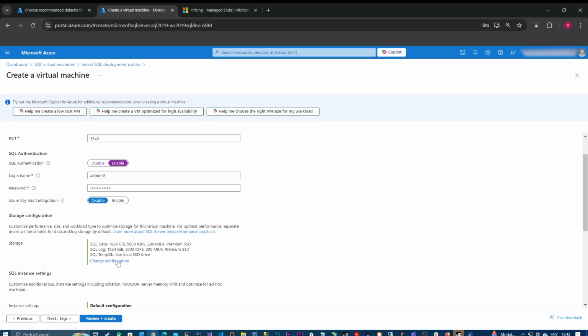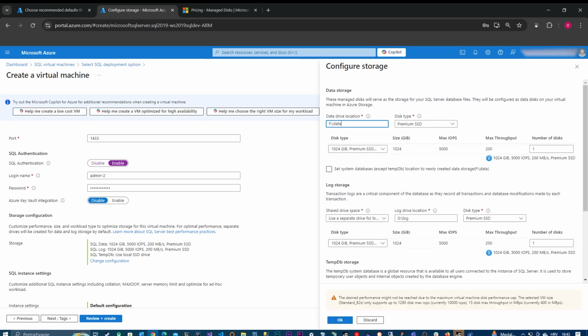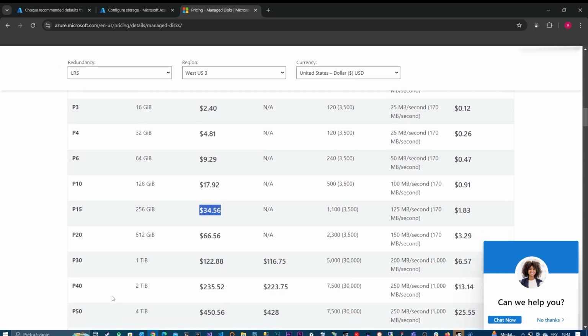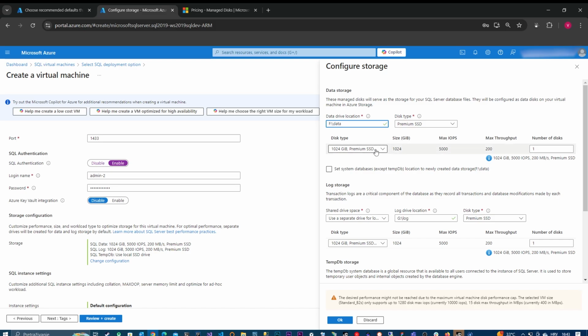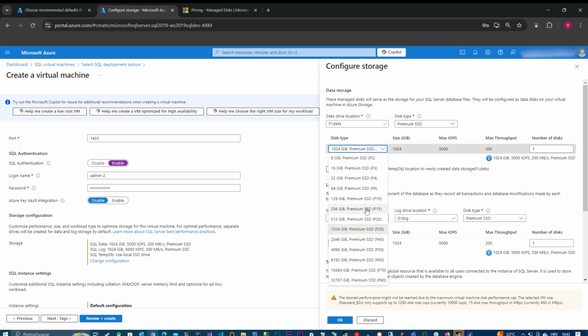We can click storage here, and here by default it is chosen premium SSD and 1 terabyte. This might be too much for me. It is 1 terabyte premium SSD P30, and if I go here I can see it costs above $100. So we'll choose, for example, this one,